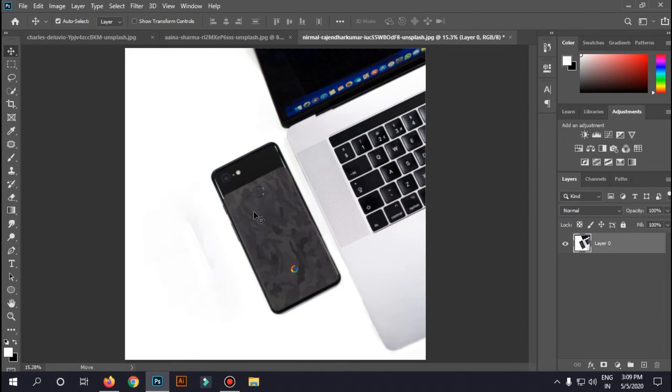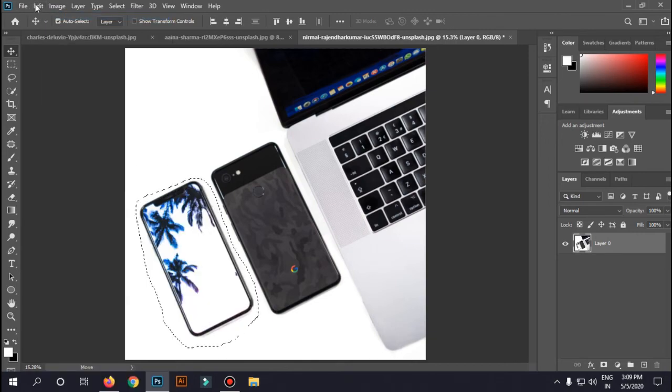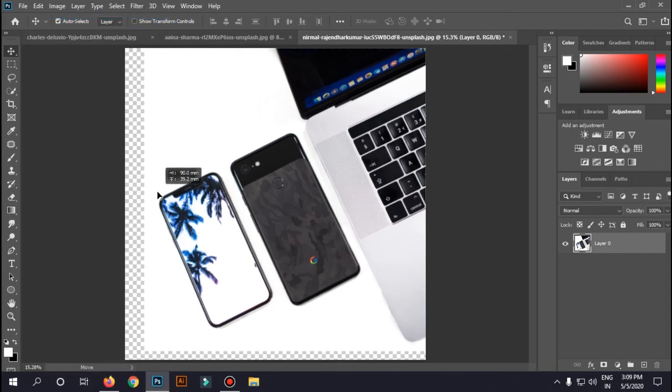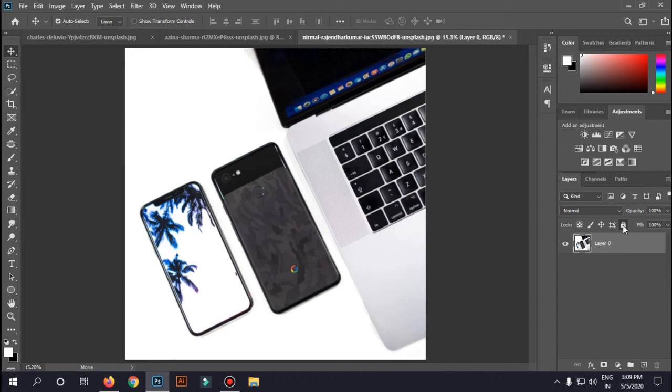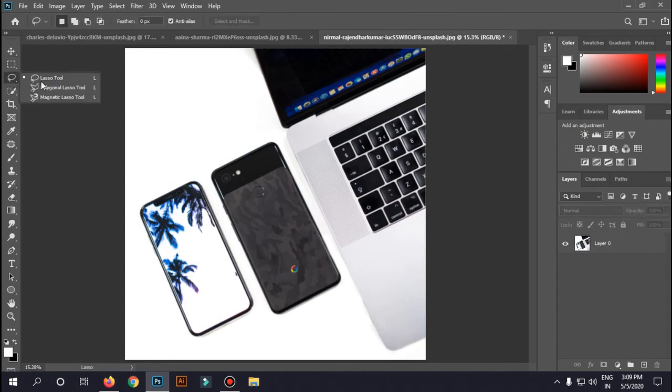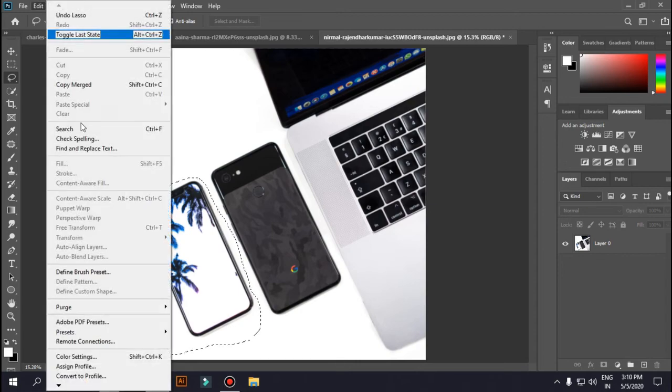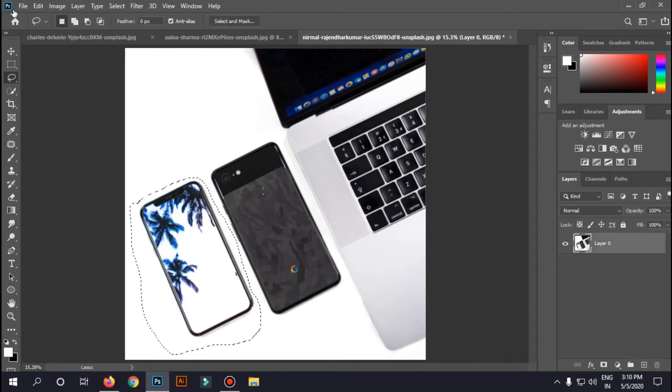Just deselect it, or let me undo deselect, edit, undo fill, edit, undo lasso. Now let me do it the normal way. Wait, I'll lock this layer. No, lasso tool. Yep, I'll select this, go to Edit and content aware fill.